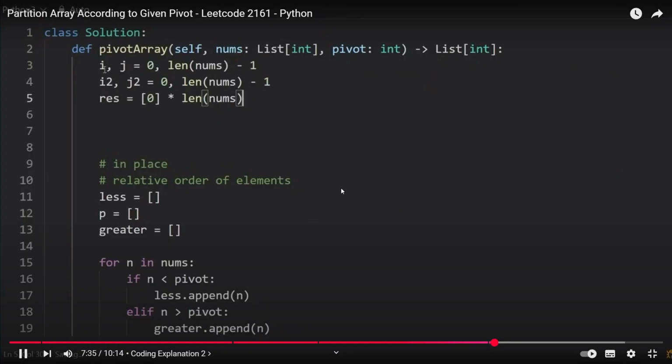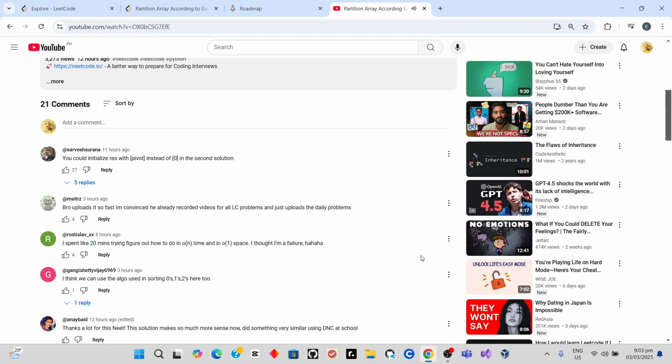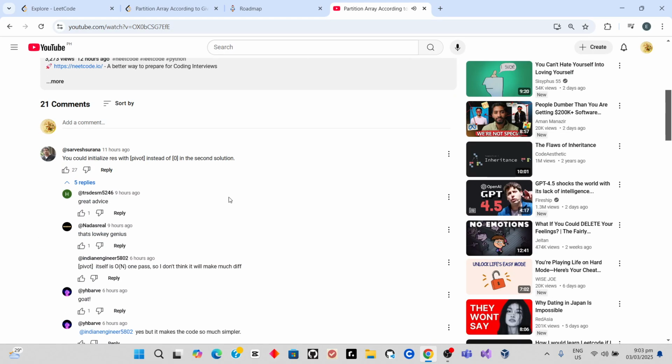Okay, so I just initialized a few pointers. I and J are going to be at the beginning and the end of the array, same with I2 and J2. These are going to tell us the insertion positions of the result array that we've declared, and we've created it to be of the same size as the input array. That's what we are going to end up returning. And so then the first part can just be like this, while I is less than the input. Even though I have this as my condition,